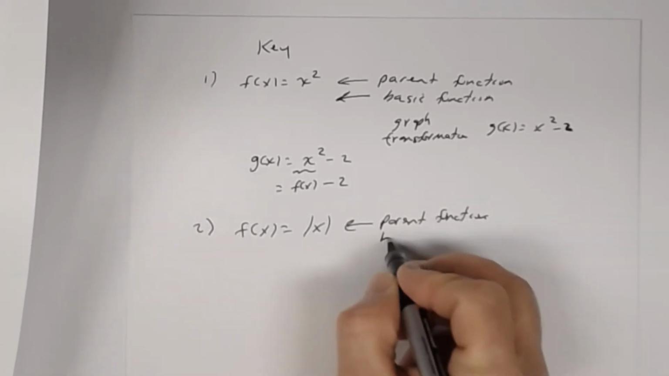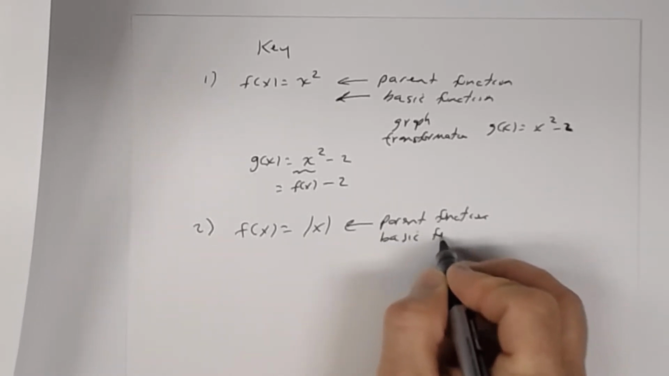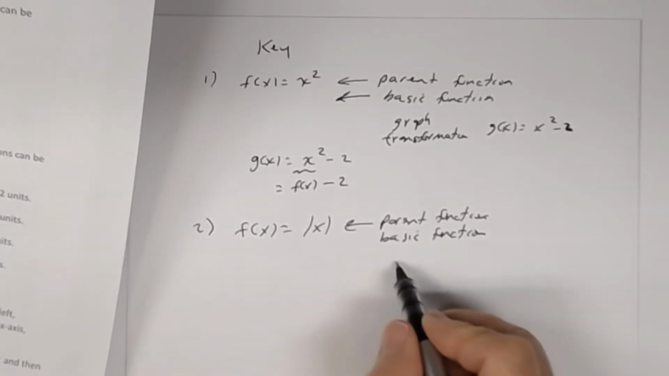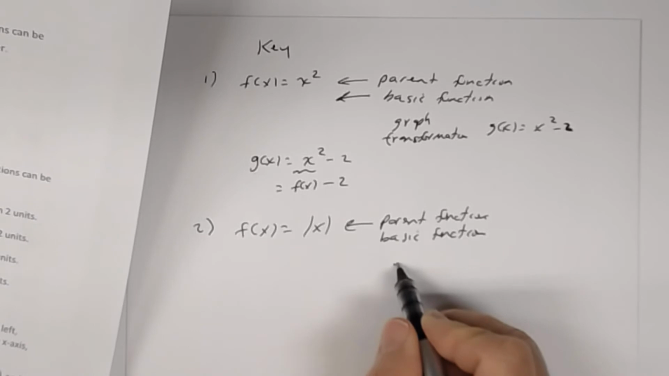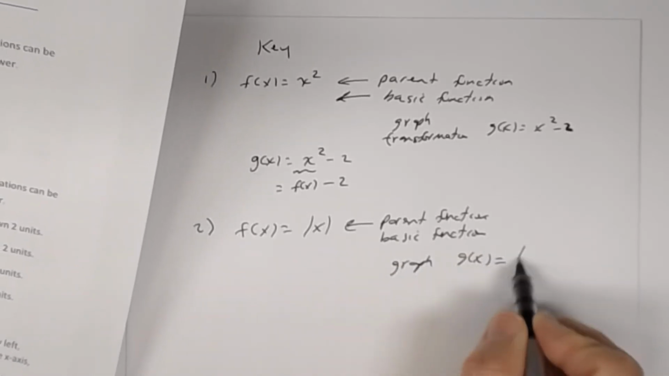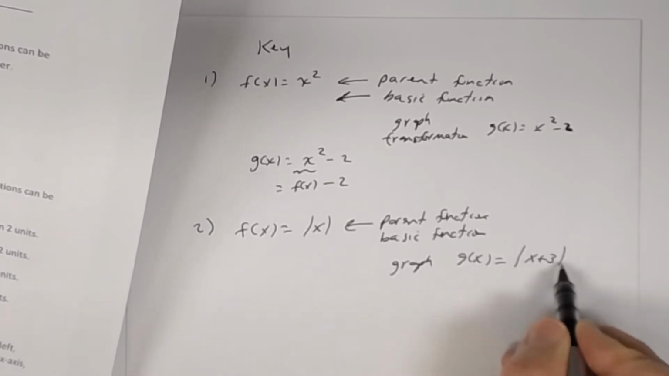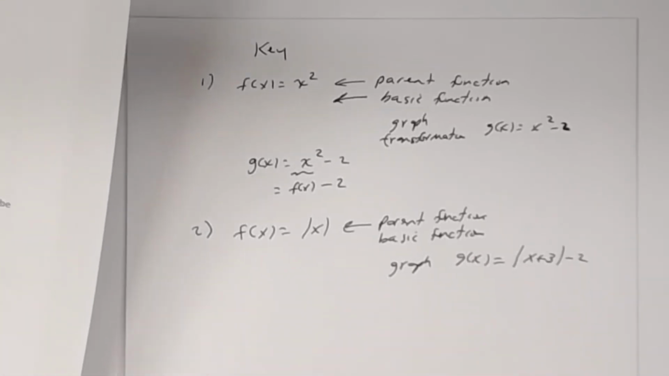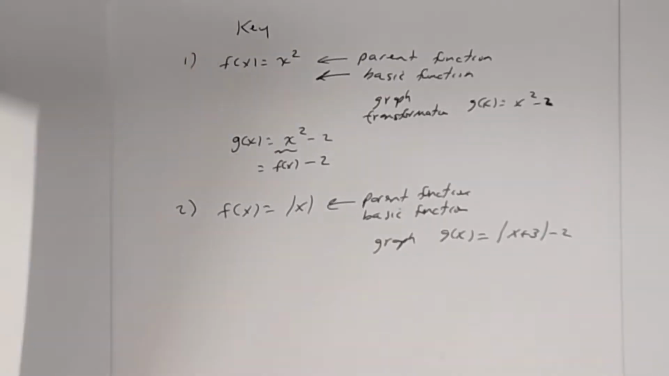Sometimes remember it's called the basic function. And you want to graph, or talk about the transformation of g of x, which is the absolute value of x plus 3 minus 2. All right, so that's the absolute value of x plus 3 minus 2. Now, one of the things that you learned